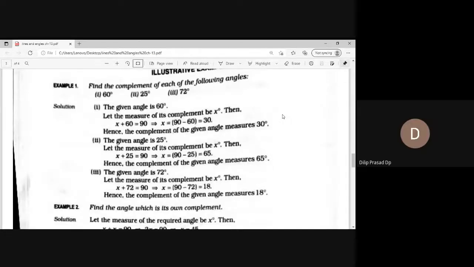Examples. So the first number, it has written, find the complement of...